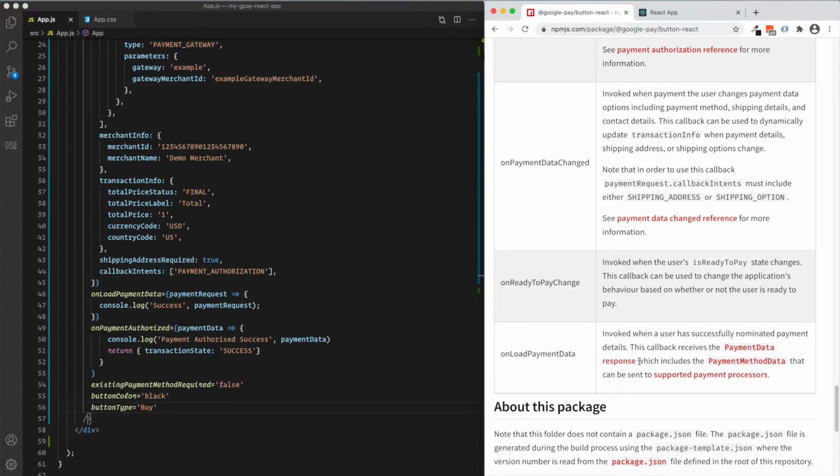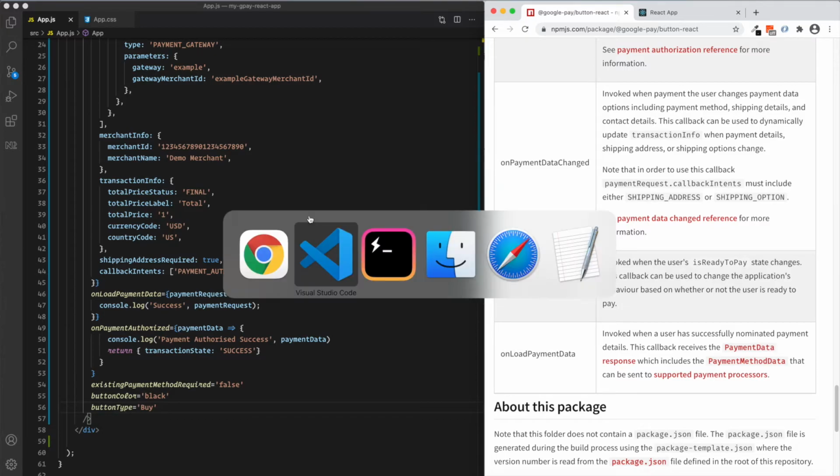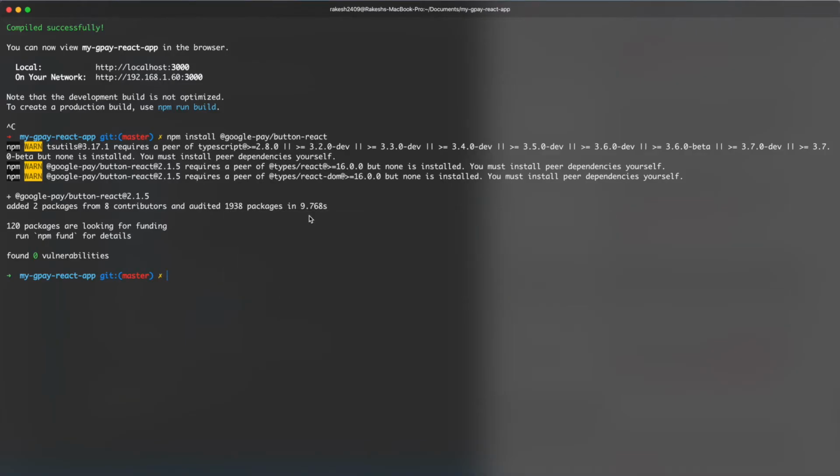This callback receives the payment data response, which includes payment data that can be sent to a supported payment processor. So that's the objective of this on load payment data callback function. Since this one is completed, let's go to the CLI and run our app.